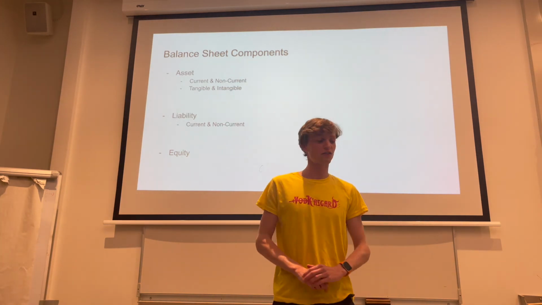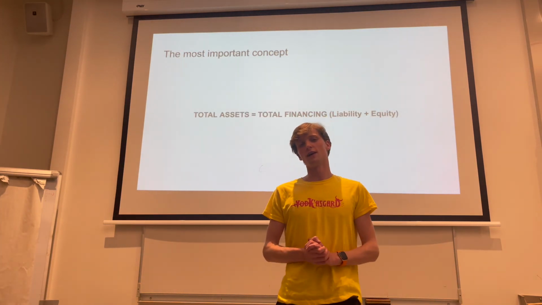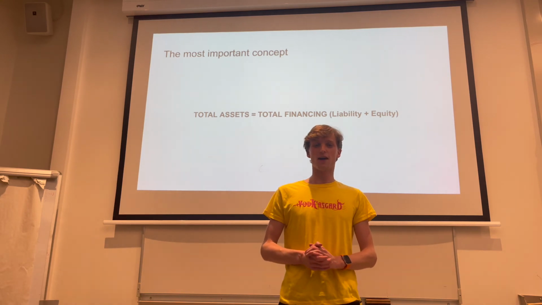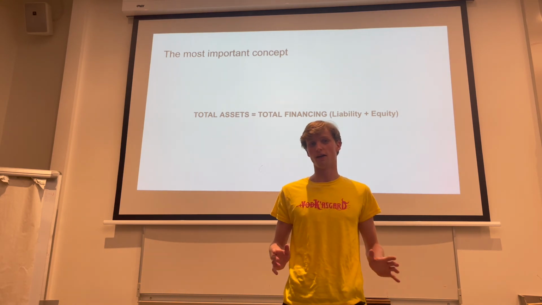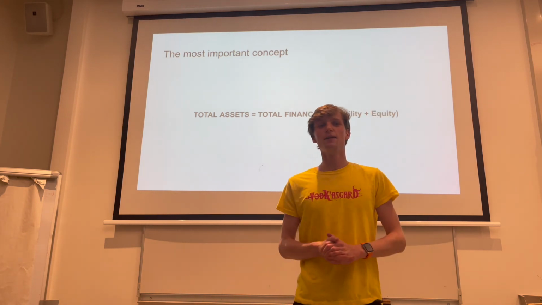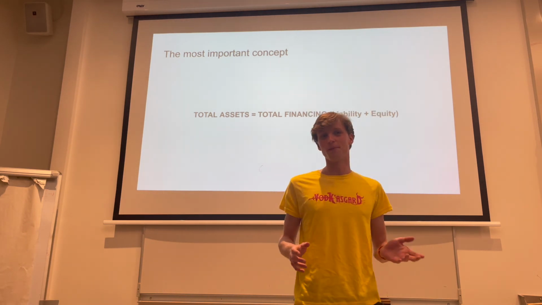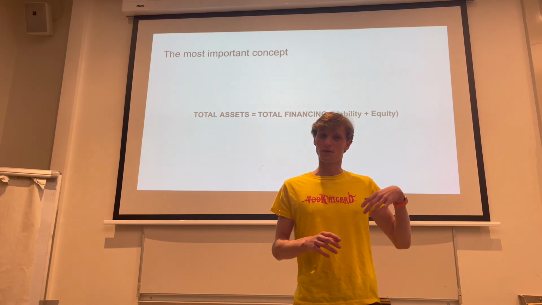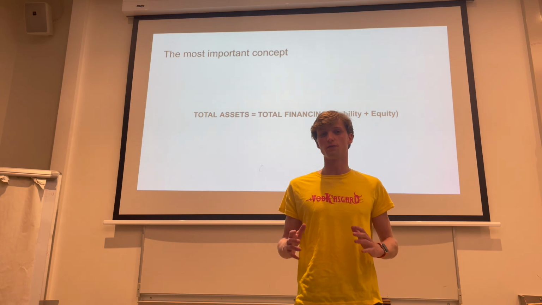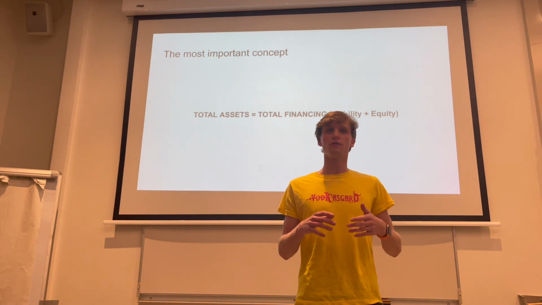Then, to finish, there is a rule in the world of accounting which is the most important of them all. Total assets must equal total financing. What does this mean? Well, it means that the total assets used by the company must equal the total source of finances. So it tells us where the money goes and where it comes from and whether it's financed